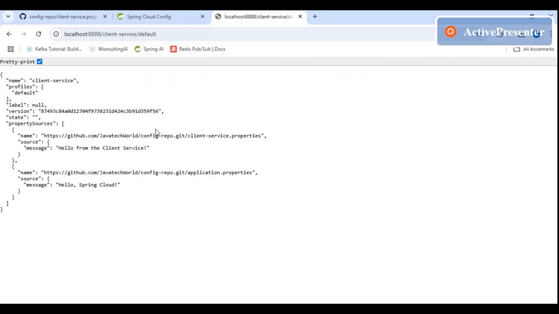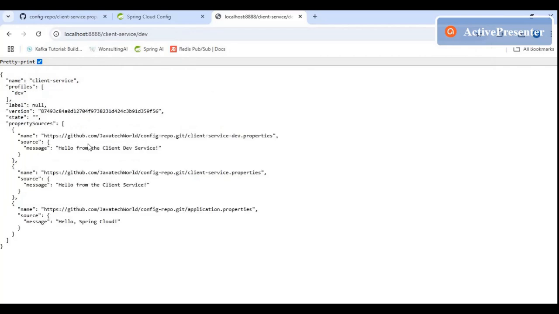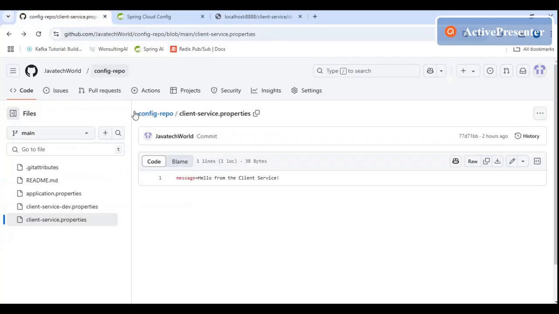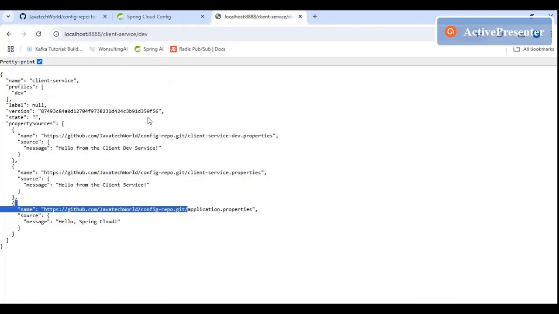Basically it has application.properties and client service properties, so these two are acting as the default properties, right? But if I put dev instead of default, it will show me three properties: one from client service dev properties, one from client service properties, and one from application.properties. So these are the three files present in my repository, right? This is how it is picking. So the config server is ready, and it is picking the properties completely fine.